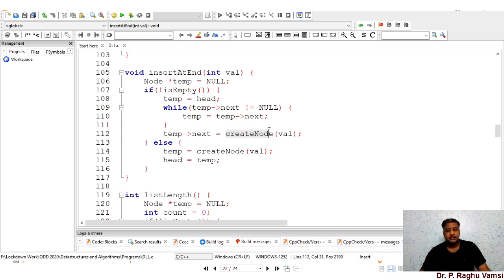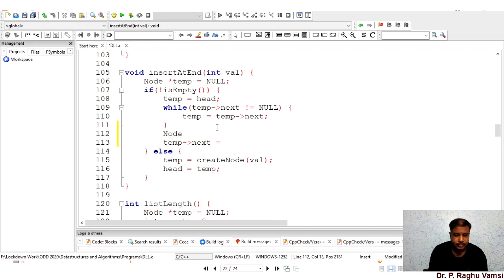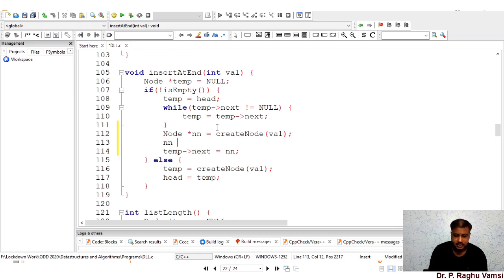So instead of doing this, what I do is create node value, control X. What I will do is node star nn is equal to create node. Then temp next is equal to nn, and nn previous is equal to temp.